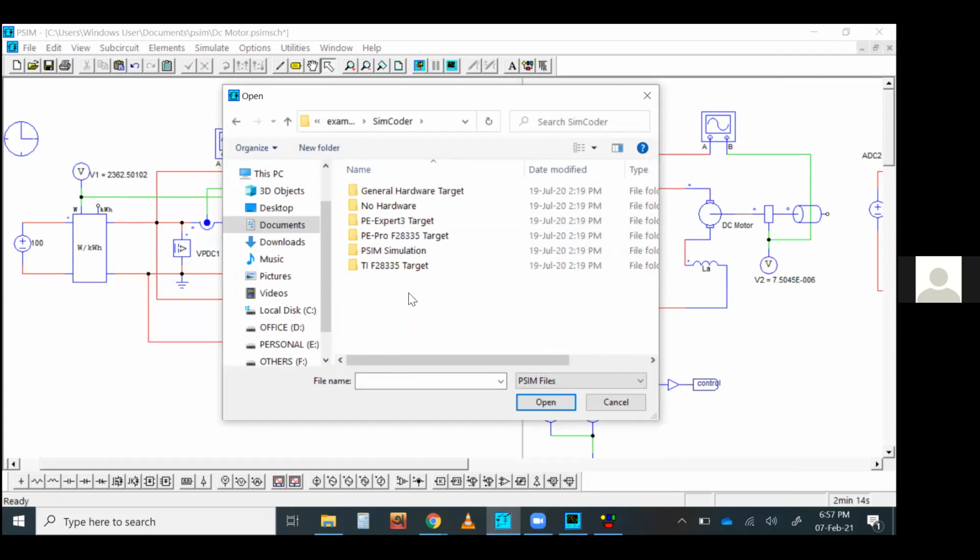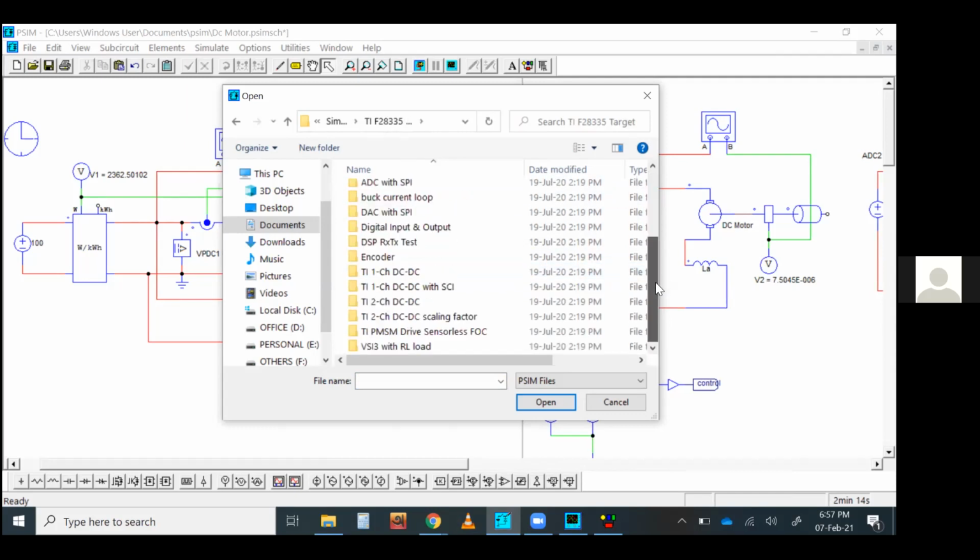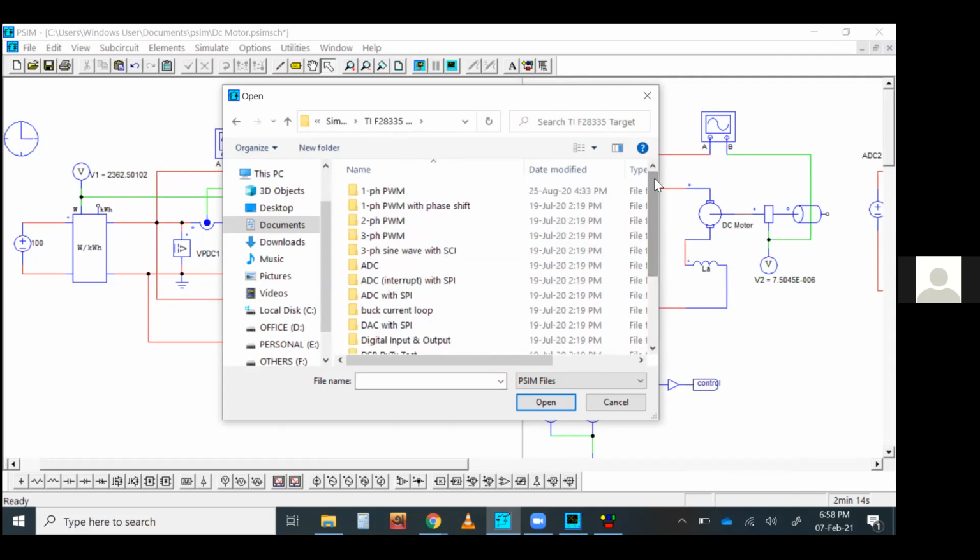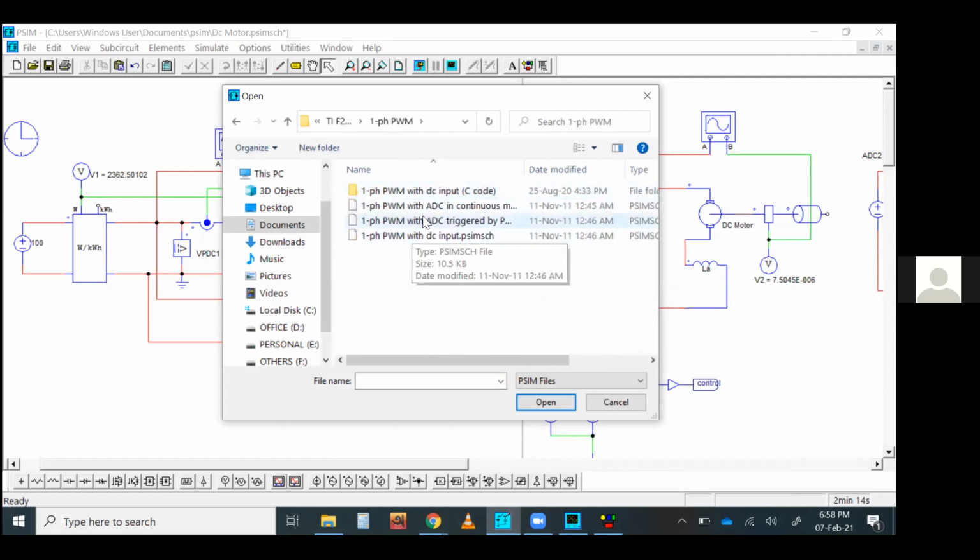So SimCoder is a platform where whatever control algorithm you have designed here, you can transfer it into a hardware platform, like a microcontroller block. Not any, there are some defined versions of them, like the Texas Instruments F28335, this target board. So these are the target boards which you can use, and quite easily you can do this. So for example, I'm going for this.